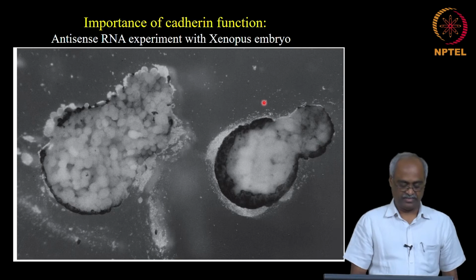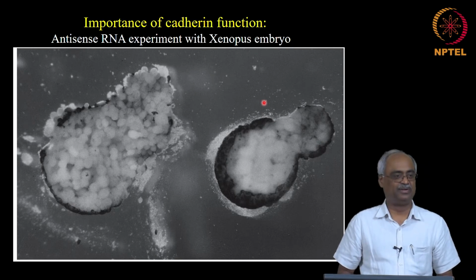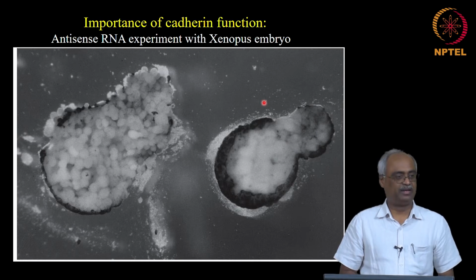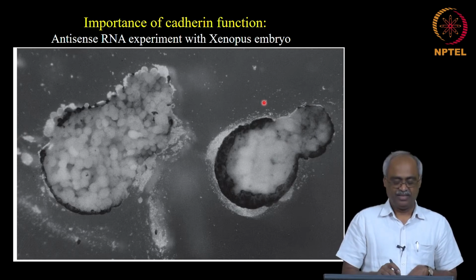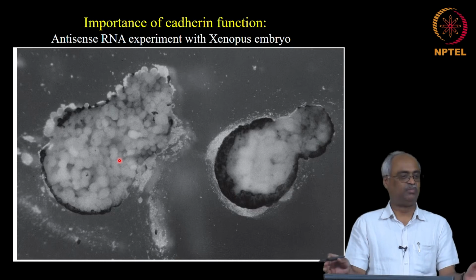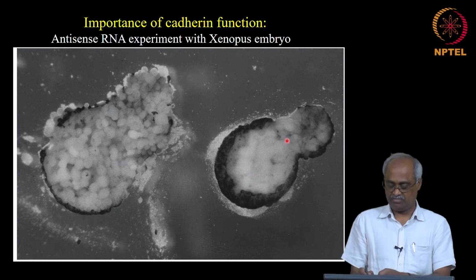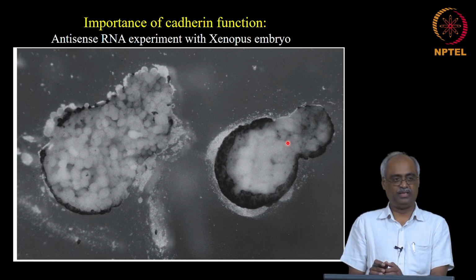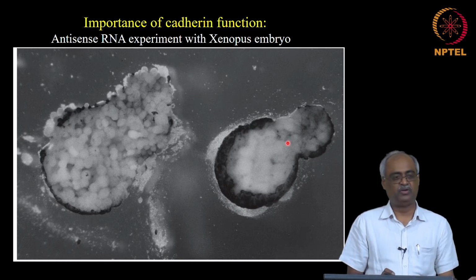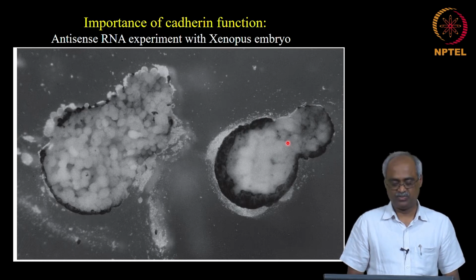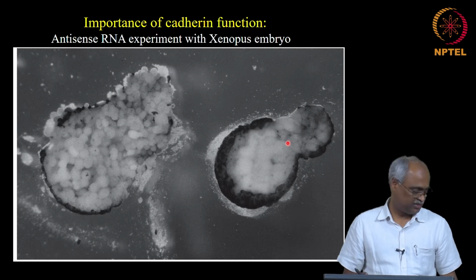So, I said cadherins are important. How do we know that cadherins are important? This is an experiment for that. This is a frog embryo where antisense RNA against cadherin has been injected. Remember, we have already learnt antisense. When you open the animal cap, these cells fall apart loosely, but in the wild type they remain together, they do not fall apart, indicating that the cells adhere normally, and that adherence is gone when you have stopped producing cadherin proteins. So, this is one experiment to show the importance of cadherins during embryonic development,